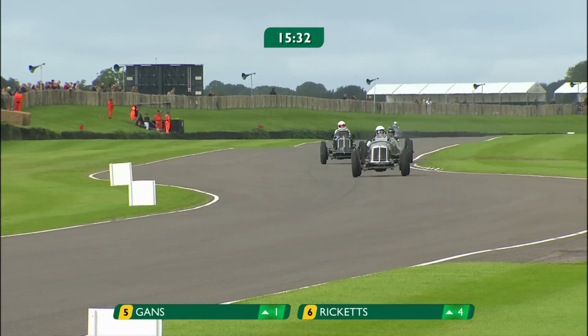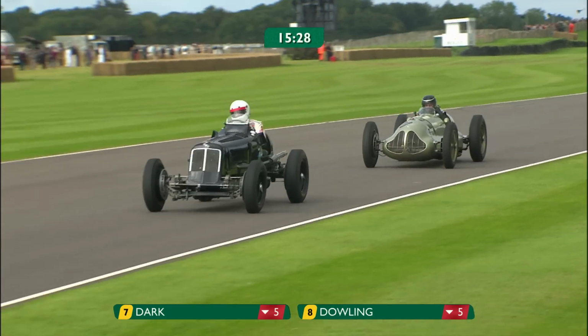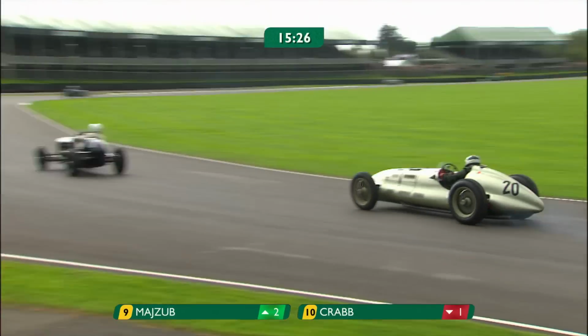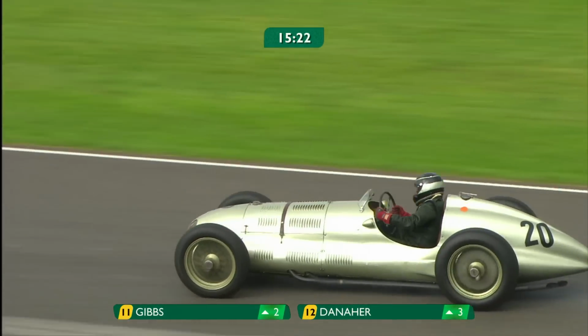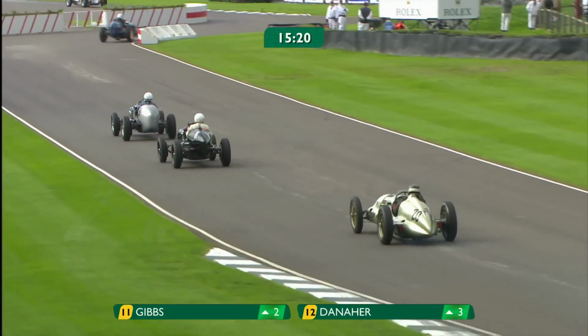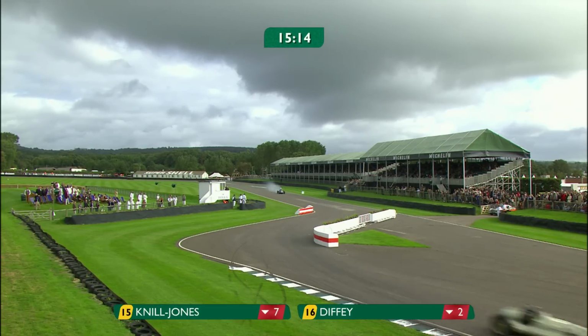I think he possibly could be, certainly with the fast corners. Get the impression very brave. Yes, absolutely. And this is the chase pack in behind, and it's David Morris, the ex-Team Lotus mechanic, leading Michael Gans, the US-born Swiss resident, and then